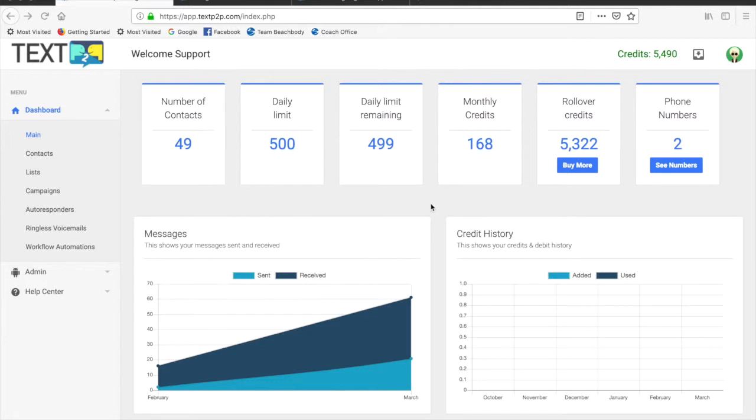I just want to go over the system, give you guys an overview, a walkthrough, and hopefully give you a better understanding on how to get started. So I designed this system to be as simple as possible. If we just take a look at the dashboard, basically it gives you some statistics like the number of contacts